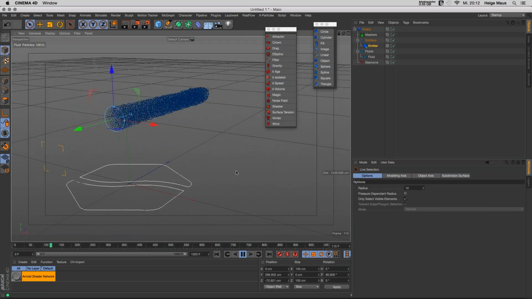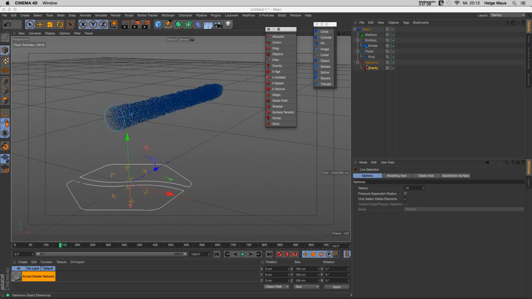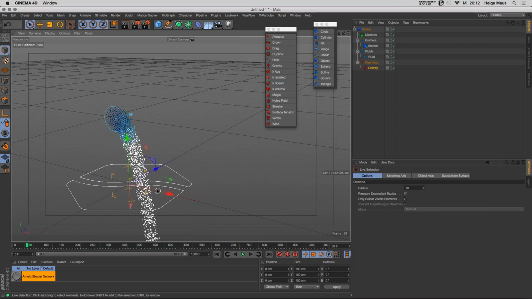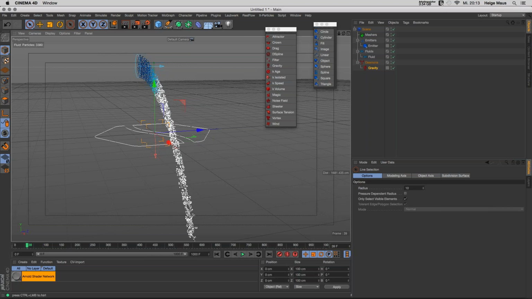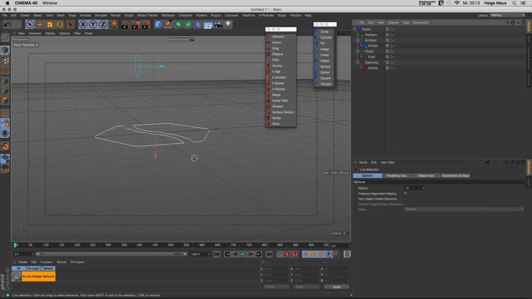You see the particles are dumb, they will go forever, and this is extremely boring. So what we want to do now is manipulate these particles, and that's the job of the daemons. I think the first daemon you will use in many of your simulations is a gravity daemon. If I add a daemon, you see it comes into the right group, gravity, and now if you press play, you see the particles fall down,